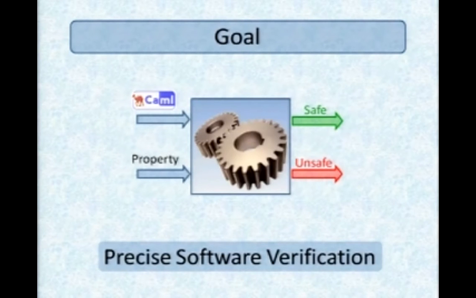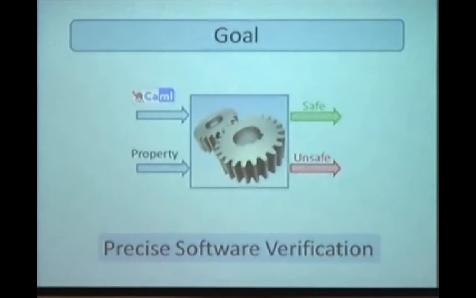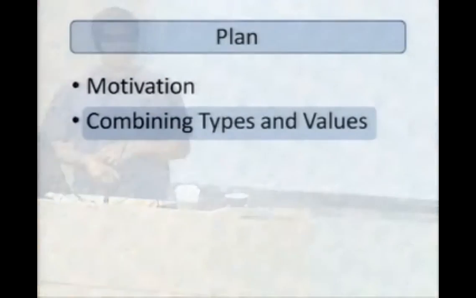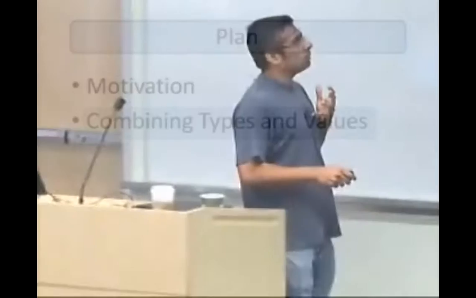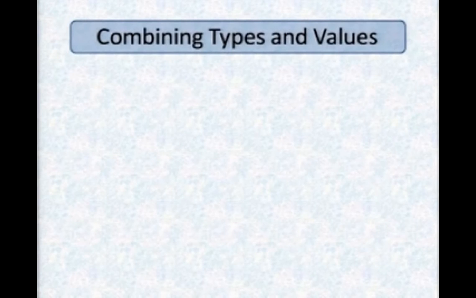So what's the goal? The goal is to take a program written in a language like, say, ML, OCaml in my case, and a property, which is going to be a safety property, and be able to answer questions like, yes, this program satisfies the property. So that's a general motivation. And now let me tell you how one goes about combining types and values. So this is a quick tutorial